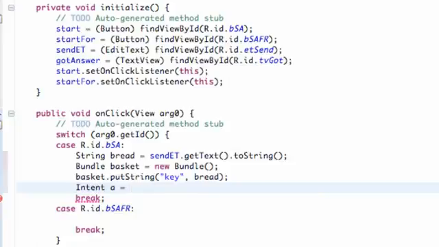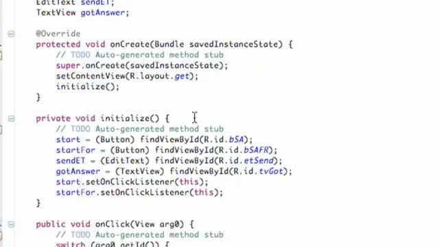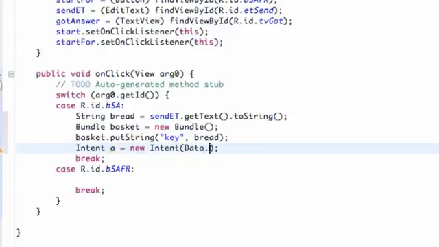Maybe I already have, and as always we say new intent, but this is going to have different parameters for the most part. Instead we have to give the context, and then say what class we want to open. So we're going to say the context of this class, which is called data. So we're going to say data.this, comma, and then the class name that we want to open. We're going to say open class